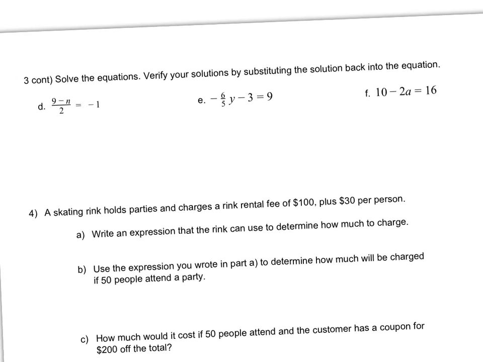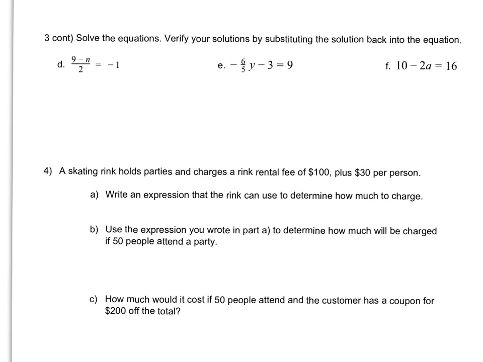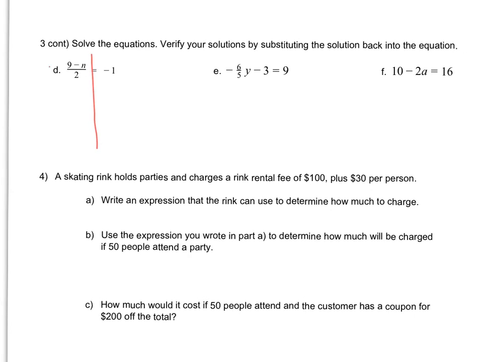I go ahead and I do these last few problems on the back. Draw my line through my equal sign. What's furthest away from n is that 2. So I'm going to move 2 to the other side, but it's being divided. So I'm going to multiply by 2. So these cancel out. I'm left with 9 minus n equals negative 2 because negative 1 times 2 is negative 2. So now to get n by itself,